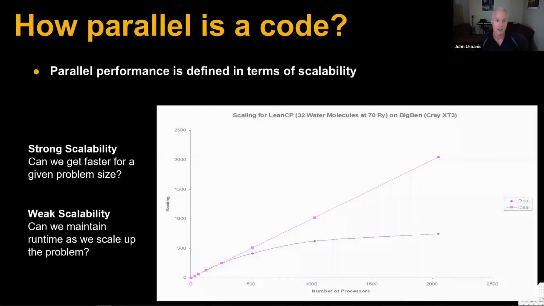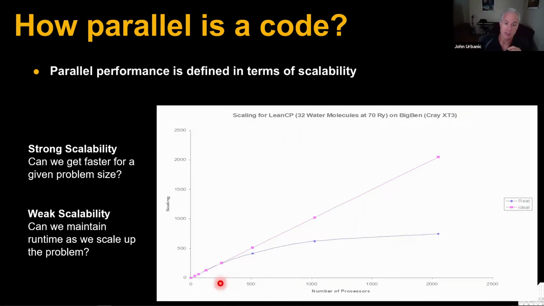And so let's talk about how well codes scale first, before we start trying to define metrics of success, how good or bad something is. Well, we need some quantitative way to talk about how successful we are with doing a parallel port. And fortunately for us, there is a very relevant metric that applies to almost any application that you parallelize, and that is how well does it scale? As we run on more hardware, does it run equivalently faster?